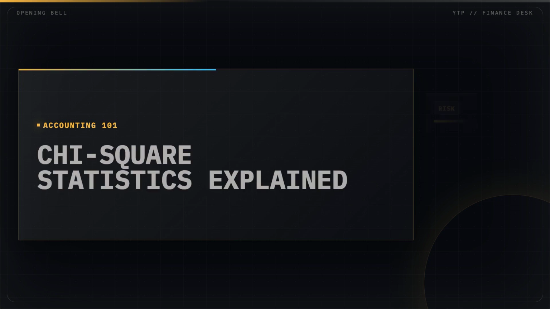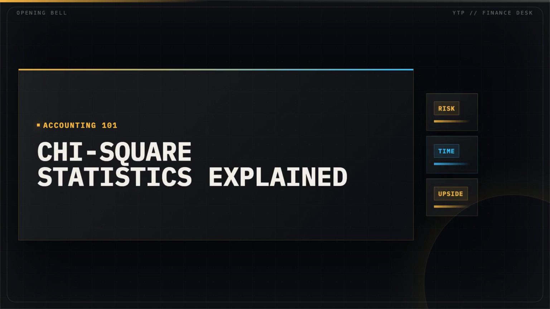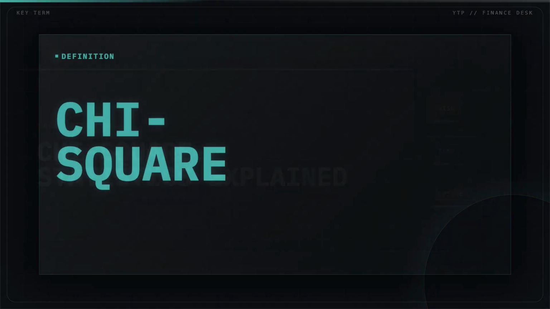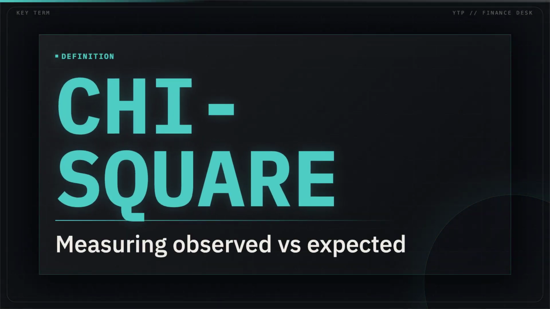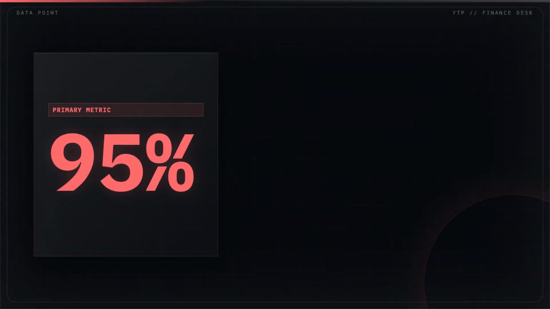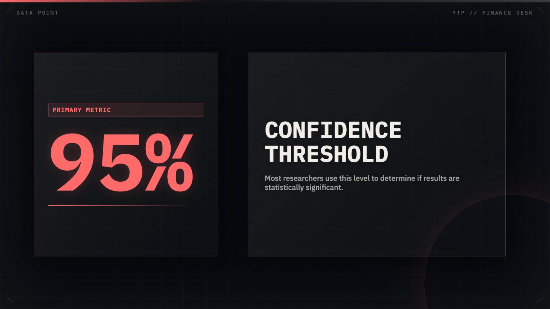Ever wonder if your data is just random noise or if there is a real pattern? Let's demystify the chi-square test. The chi-square test is a statistical tool used to see if the differences between what you observe and what you expect are meaningful. It helps us decide whether a result happened by pure chance or if there is a genuine